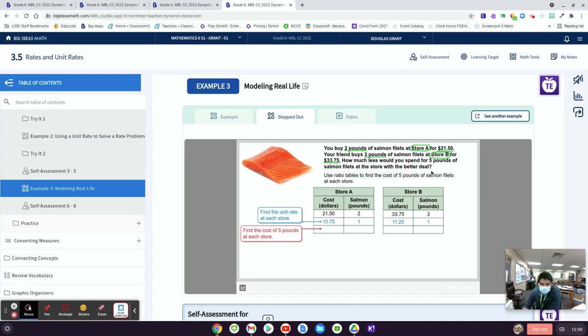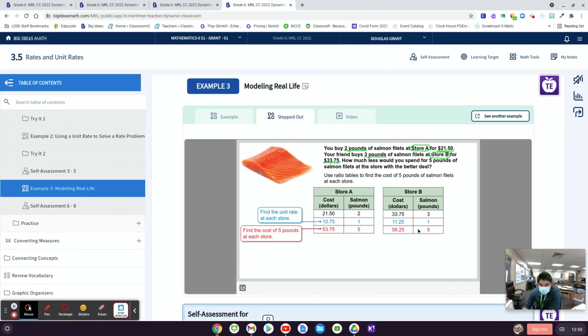We have to find the cost of 5 pounds at each store. So in order to find the cost of 5 pounds at this store, we're going to take these two numbers and multiply them both by 5. So this becomes $53.75 for 5 pounds. We do the same thing over here. So what's going to be the cost at store B for 5 pounds of salmon? Well, you multiply both these numbers by 5, so we get